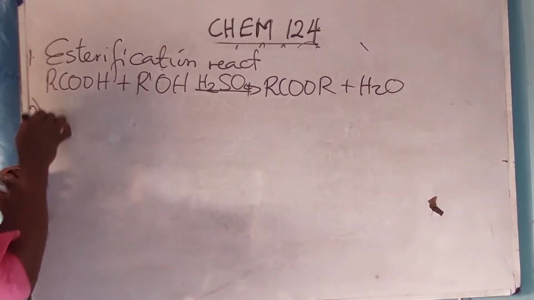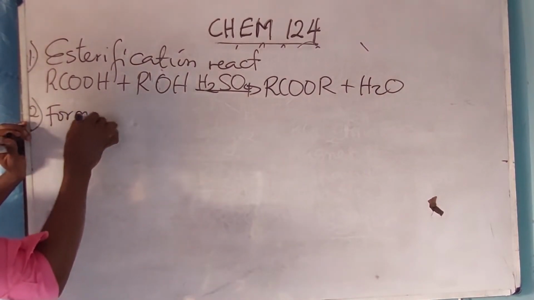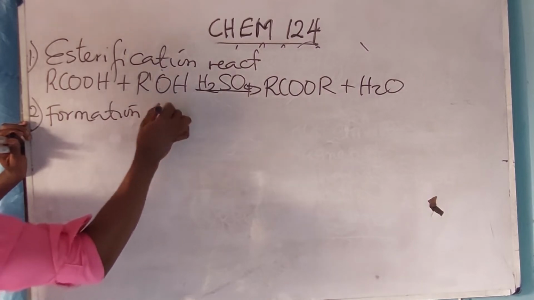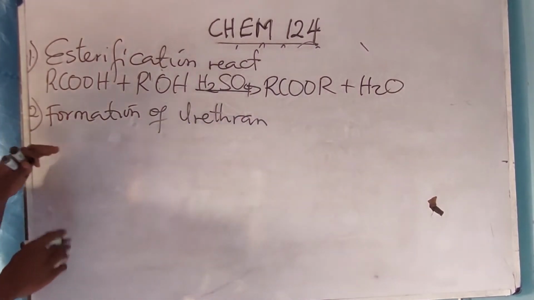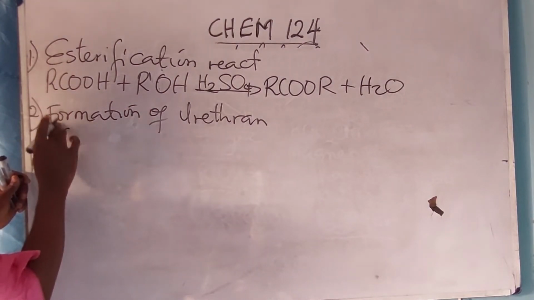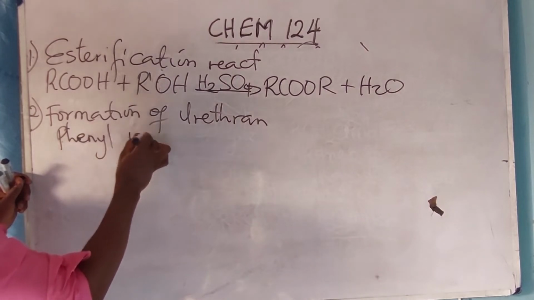Alright. Then secondly, formation of urethane. Formation of what? Urethane. Alright. Alcohol will react with phenyl iso